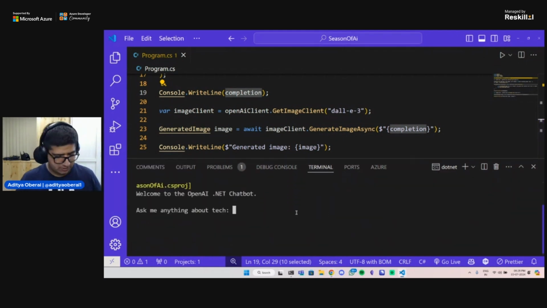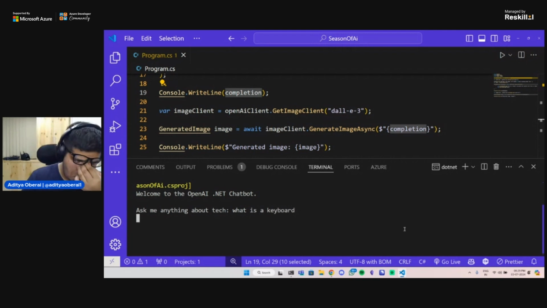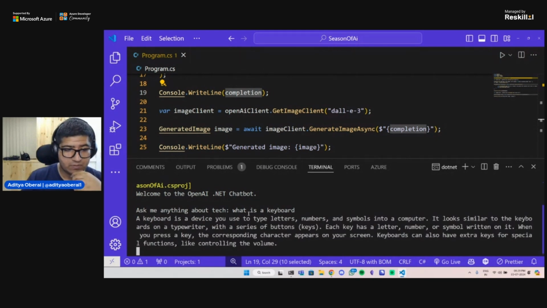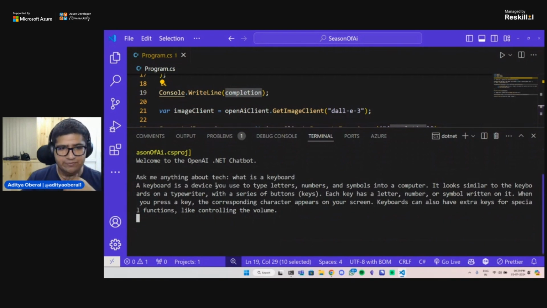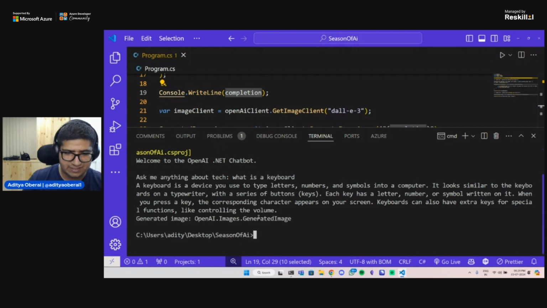Suppose right now what I ask this is, what is a keyboard? So it gives us an explanation and a description of what a keyboard is. But now instead of finishing off, it is also going to give us an image generation, which I just realized